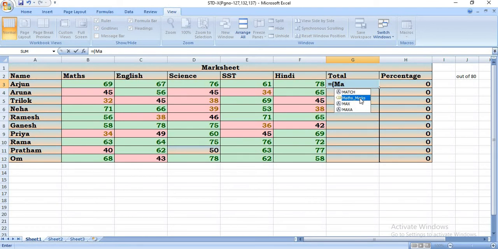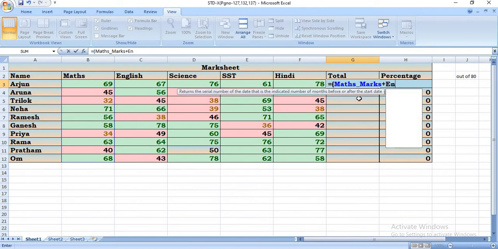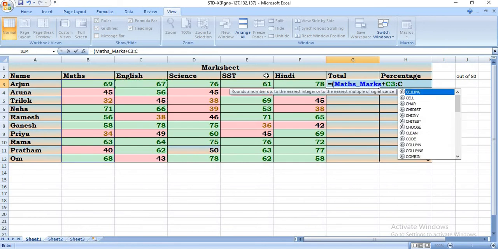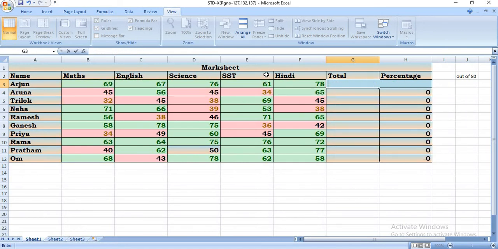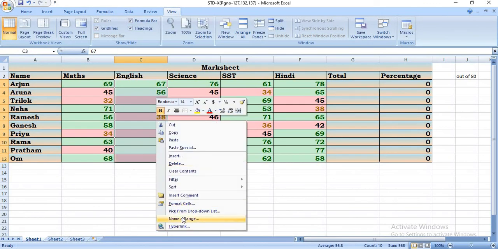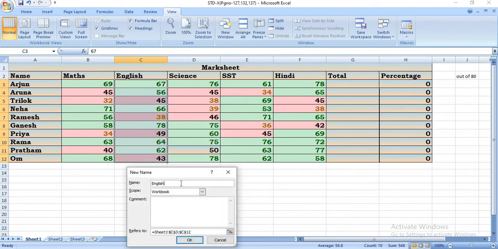So select that name and press the Tab key, then press a plus sign. Next is English. Just a minute, maybe the English name did not come here. Name range, underscore, marks,